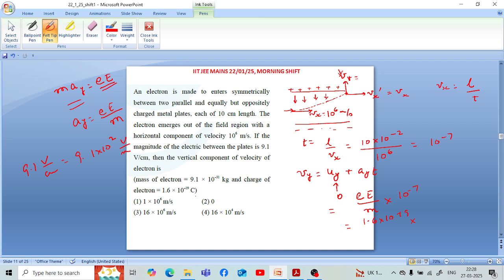So that's why we have to multiply by 10 raised to the power 2. So 9.1 into 10 raised to the power 2 multiplied by 10 raised to the power minus 7 divided by the mass of electron, which is also given here, 9.1 into 10 to the power minus 31. So after solving this, this value comes out to be 16 into 10 to the power 6 meters per second. So in this way we can say that option 3 is correct here, 16 into 10 to the power 6